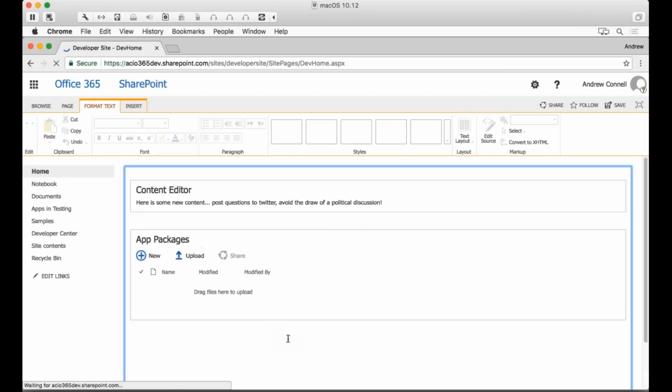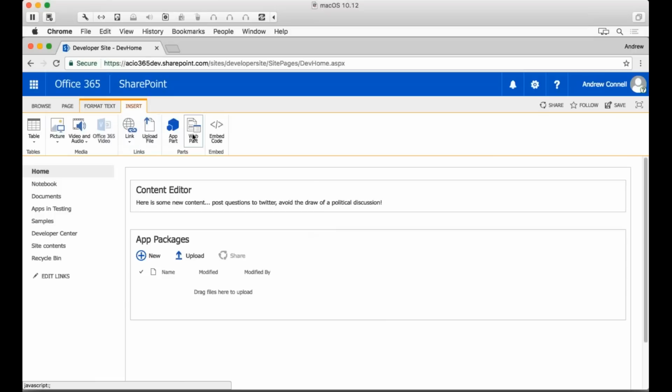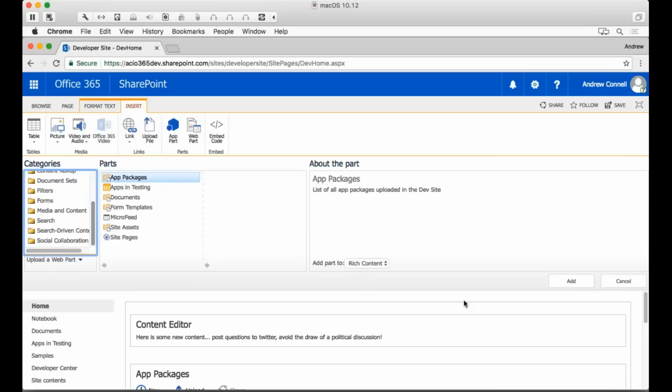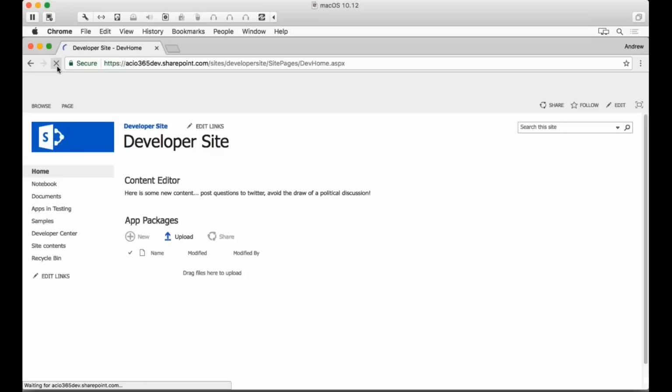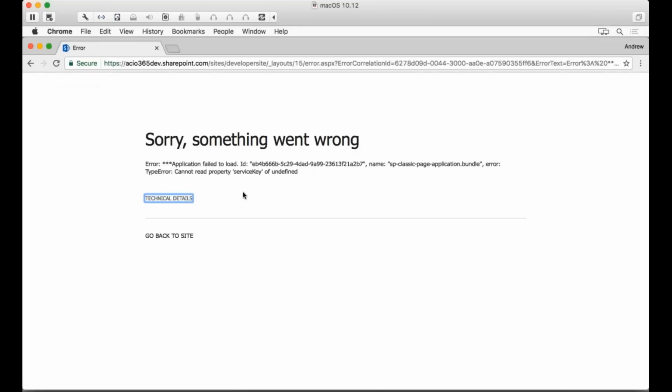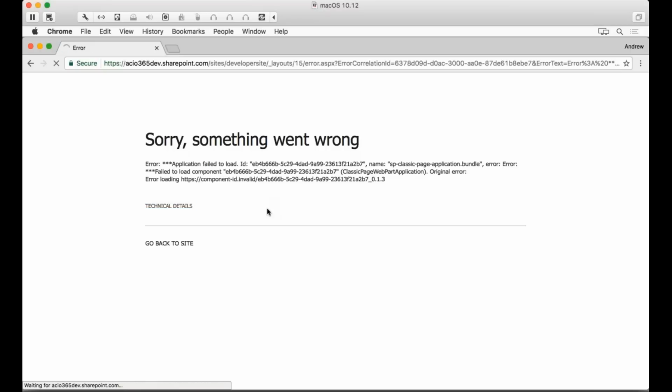I actually had the web part on the page here this morning, and when I deleted it, let's just try that one more time. Insert web part. Let me save the page. Let's try one more time, but we're not going to stay on this for too long here. Oh, there you go. Something went wrong. You better believe it did. Wow, something went wrong. So something went fine, and then it went wrong again. Good job, guys.